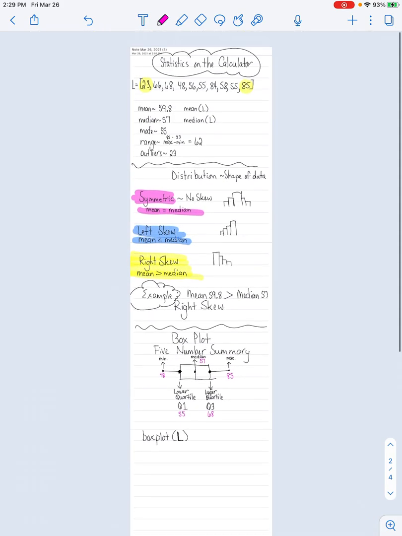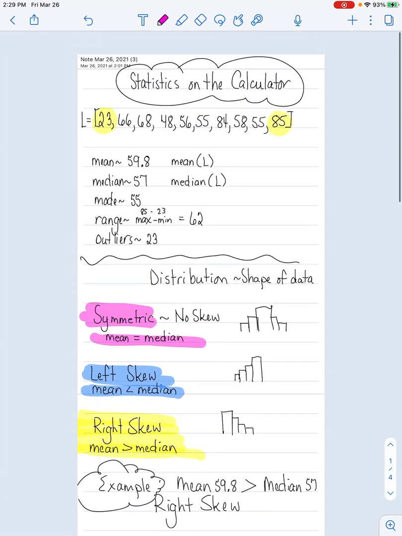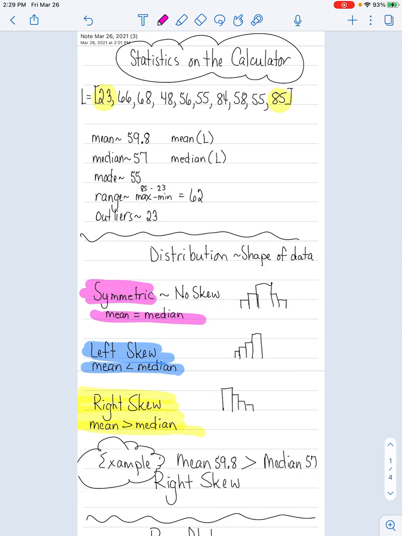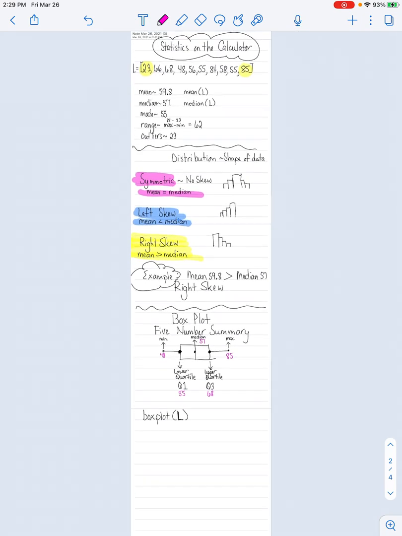And you'll notice up here, all of that is the same. Like our minimum value was 48, well, except the outlier, that's the only difference up here. So that is how you use the calculator to help you find different pieces of information. So I want you to practice. I want you to find the mean and the median using the calculator. Then use your mean and median to describe the distribution or the shape of your data. And then I want you to use that same list to create a box plot and label your 5-number summary. I'll talk to you